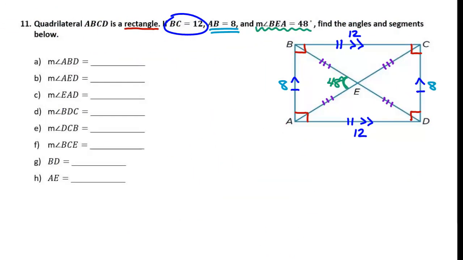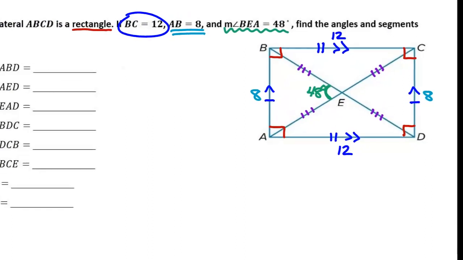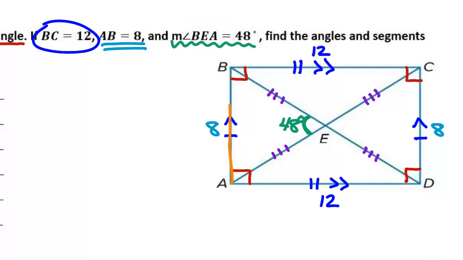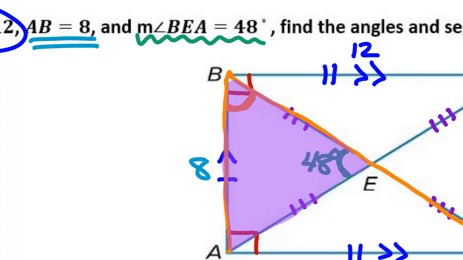Using that information, we are supposed to find A through H over here on the left. So let's start in on that. Measurement of angle ABD. ABD. So they want me to find this angle right here. Well, I'm looking at this triangle right here. And I notice that two of those sides are congruent. BE and AE are congruent. So that makes this an isosceles triangle. That means my base angles,